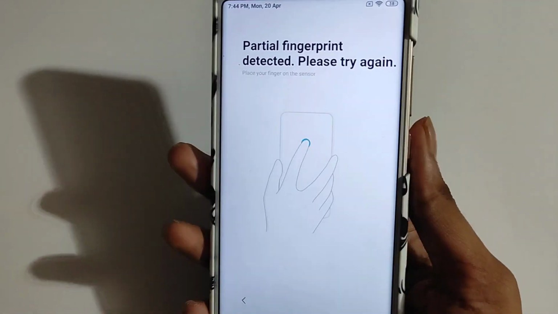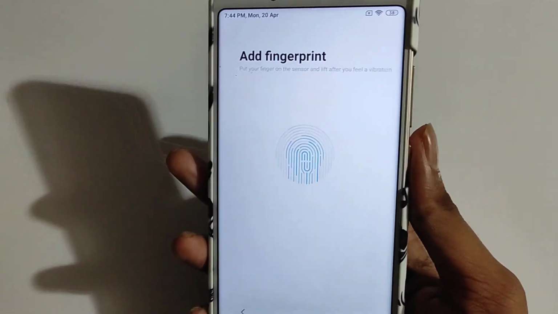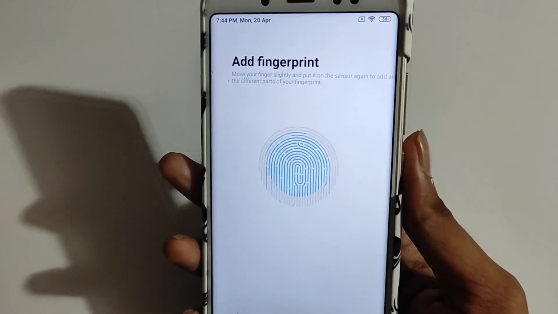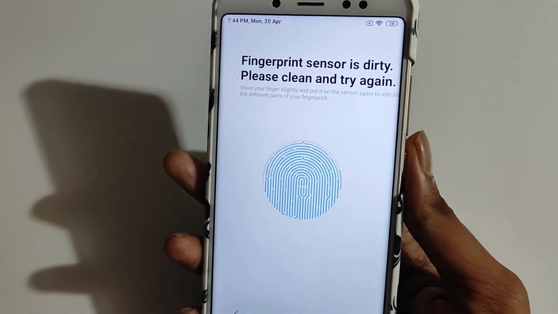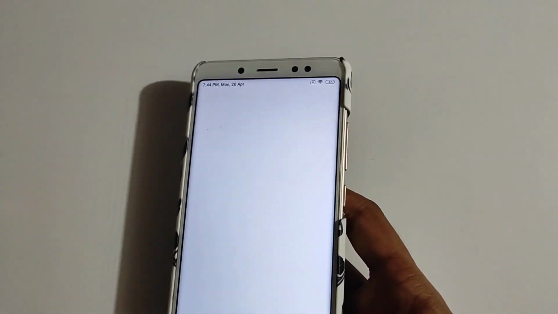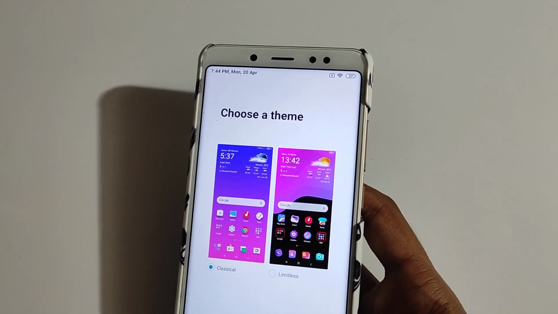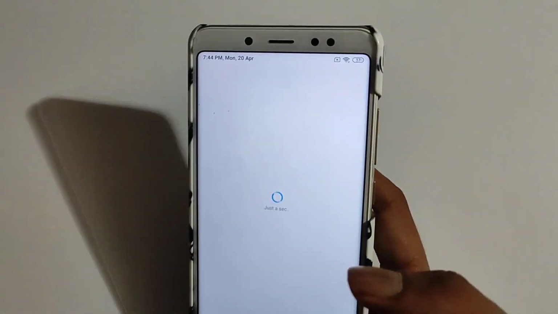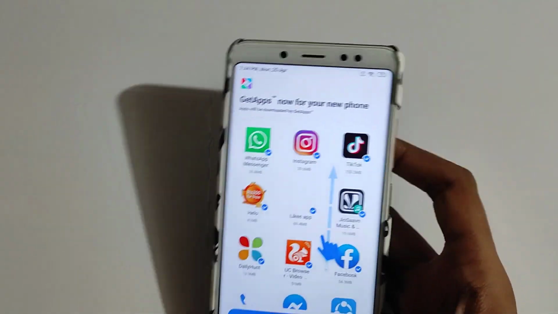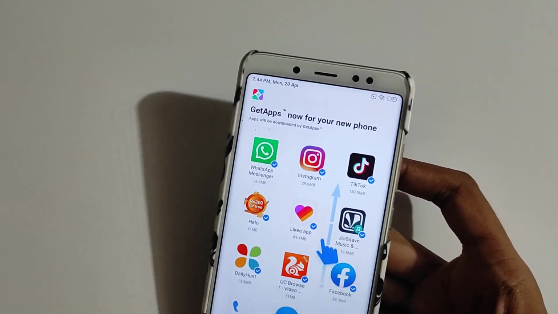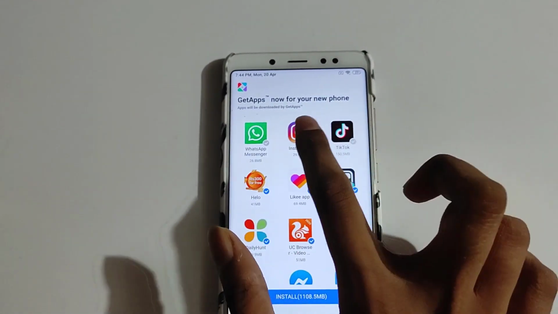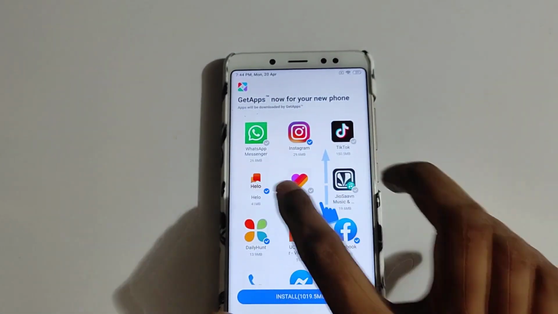Okay, so now just put your fingerprint, complete the fingerprint setup, click on the next, on classic. I'm just gonna go with classic settings. Okay, so make sure you don't install the bloatwares on your phone, so just remove whatever you don't want.